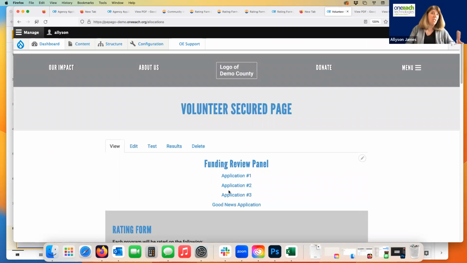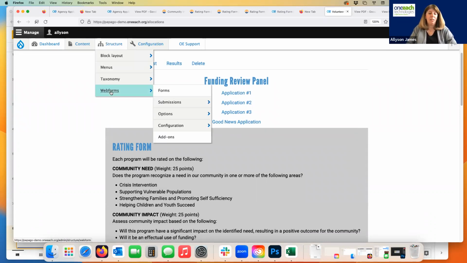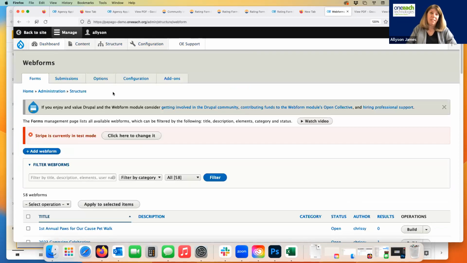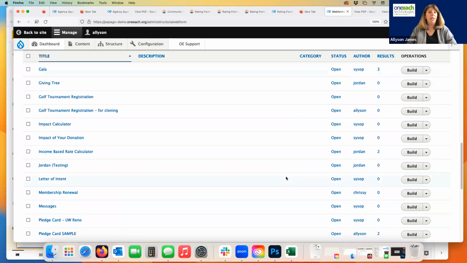Okay, now, rating forms are done. We finished all the rating forms. Now what do I do with it? Once again, I want the data. So I'm on the secured page right now. I am not on the web form page, but you may be aware that you can get to your results from here at the corner of your web form. So I could click here and go to results, or I could go back to the structure web forms to get to my list of web forms, including the rating sheet